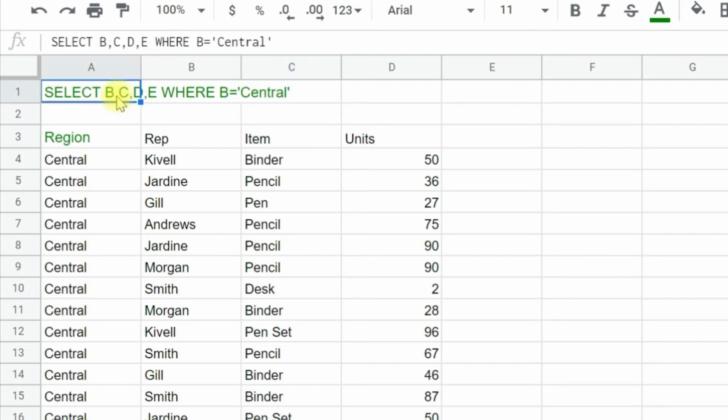Now we'll continue our formula and apply the AND operator.